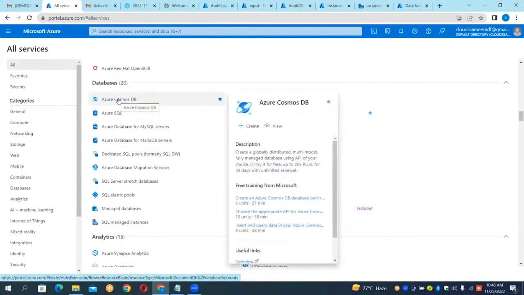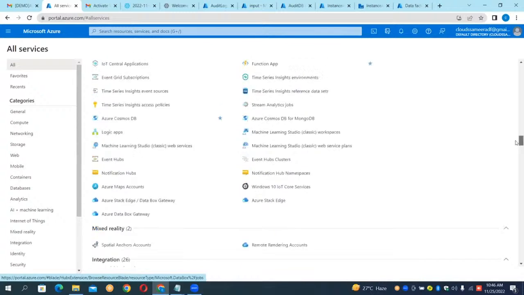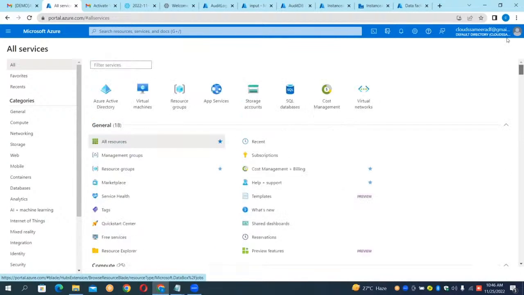Guys, what is that you have? Can you see it? Databases. Can you see, all of you? Yes, everyone? These are all the storages you can have. So in Azure, totally you have 90 plus storages. Okay, so this is how.